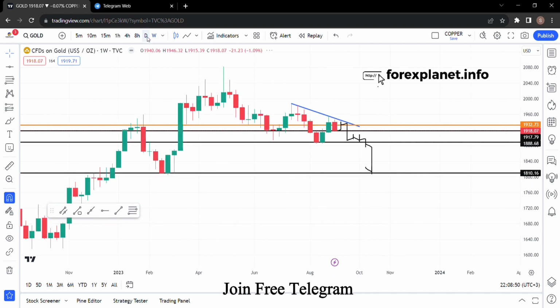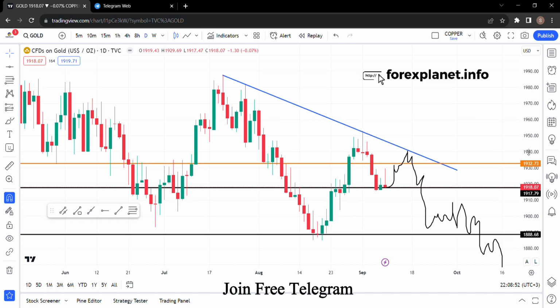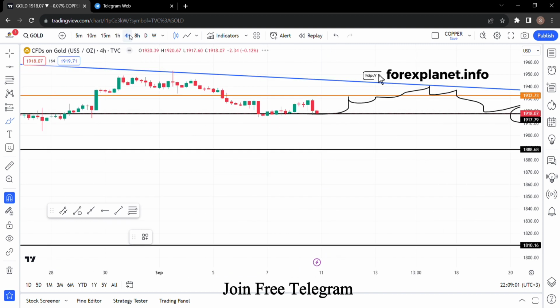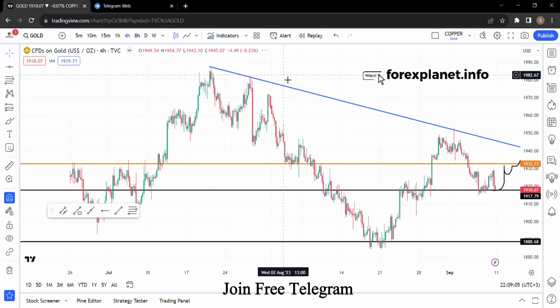This point is a great opportunity for buyers. We cannot buy the market from high prices. Market always moves from zone to zone, especially gold. So